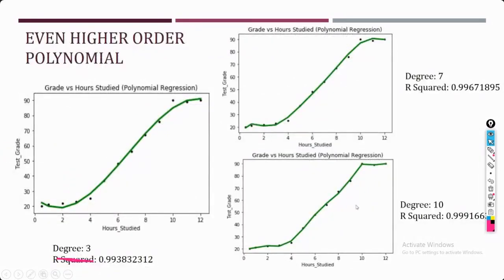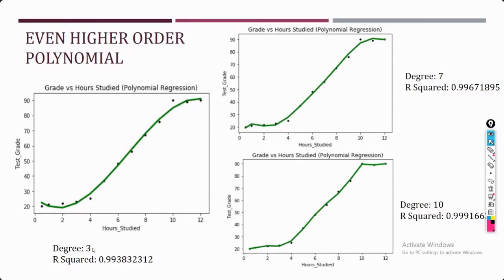The same example you can see here. First, I have incorporated the nth power as 3. So how much performance are we getting? 0.9938. I have increased it further, a very little modification, and that is 0.9967. I have increased it further, so it's 0.9991. So as you can see, as I am increasing the degree, the fitting of the model is also increasing.